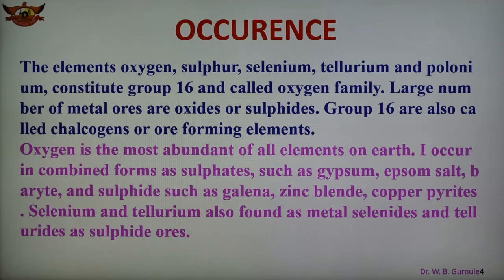In the combined state, fluorine occurs as cryolite or fluorspar. Chlorine is found as sodium chloride, present as rock salt or in seawater. Bromine occurs in seawater as bromides of alkali and alkaline earth metals. Iodine is found as sodium iodate in Chile saltpetre and as alkali metal iodides and alkaline earth metal iodides in seawater. So these are the occurrences of this